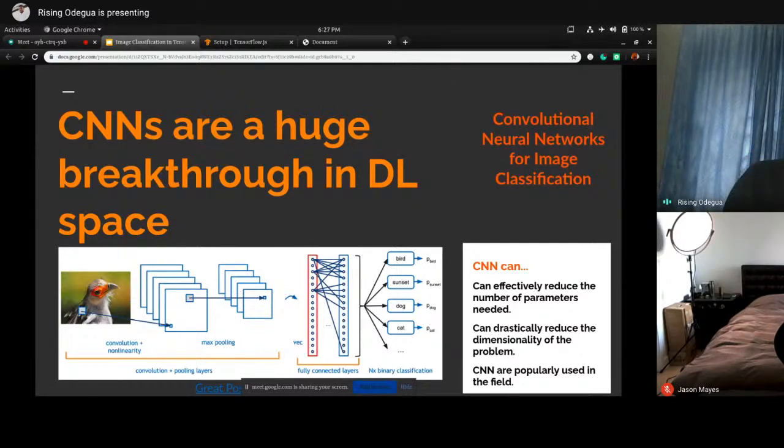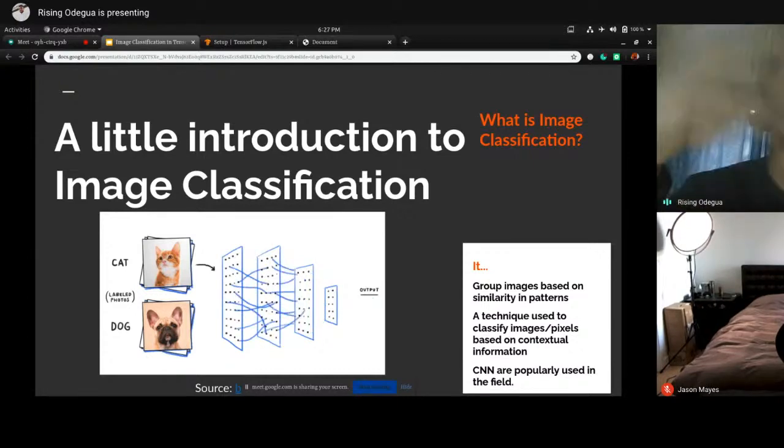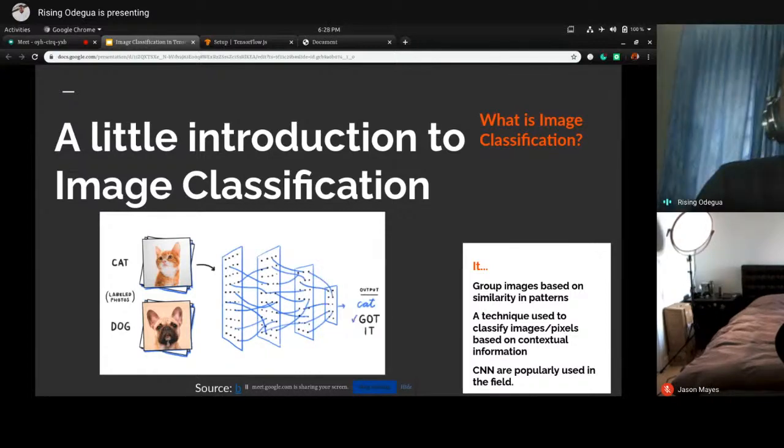So, for example, if you are using traditional neural networks for image classification, the parameters in your network are going to be so large because you are considering each pixel in an image. It makes your weights and your parameters so large because you have to take into consideration each point in that particular image. So that is one of the disadvantages of using traditional neural networks.